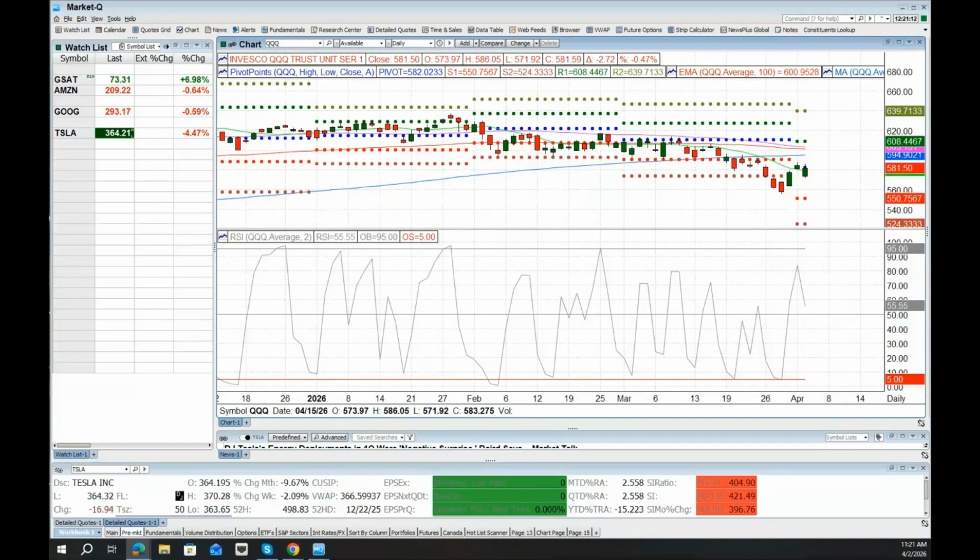Like a lot of the XLK components or the XLY components are going to be moving in the same direction. So something that I use to filter is, again, what's the weakest performing and what's the clearest cut trend. I use something called the efficiency ratio. You don't really need this, but it was developed by Perry Kaufman, which pretty much gives you an idea of how much noise there